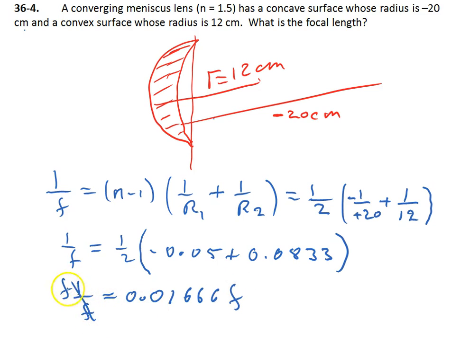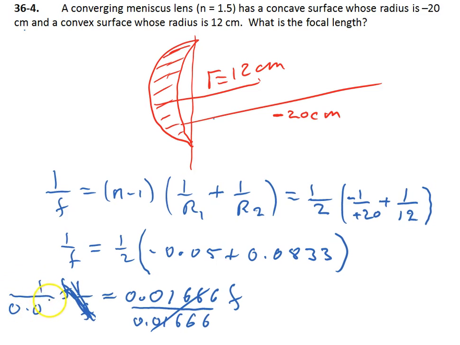that becomes 1, and dividing both sides by 0.0166, that becomes 1, and here on this side I have 1 over 0.01666. So 0.01666 reciprocal tells me that the focal length f is equal to 60.0